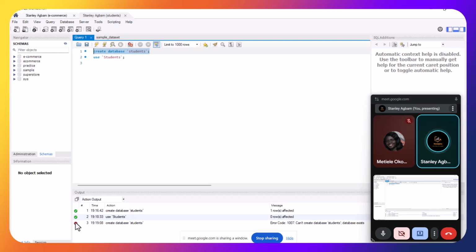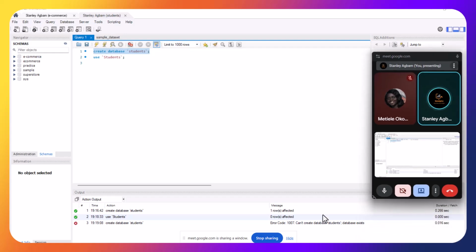As you can see, there's a cross sign here indicating that we have already created this database with the same database name. Hence it cannot create the database again because SQL likes uniqueness, and even if you create a database with the same name, it will get confused, because whenever I want to work with the database, it will not know which database you're actually working with. You get? So after we've done that,